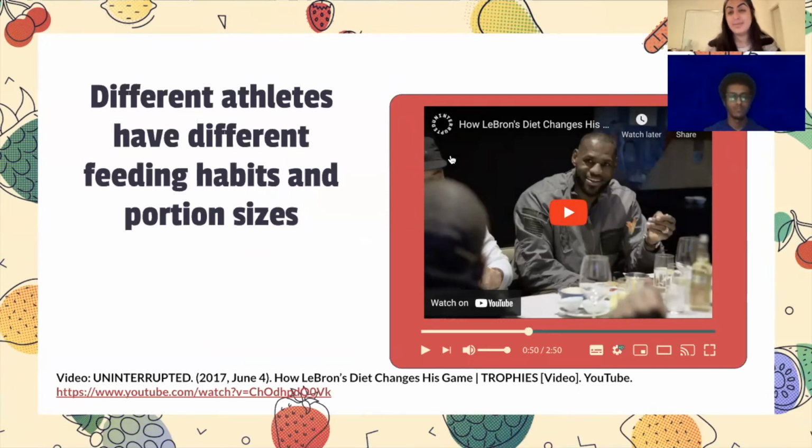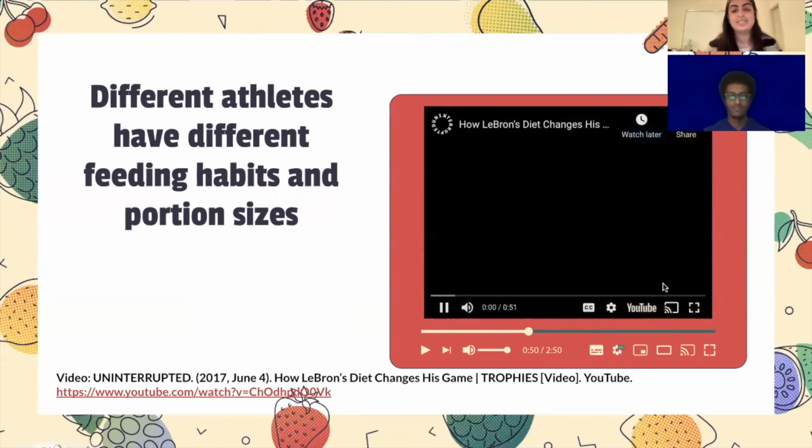Okay, now we talked a lot about how nutrition looks different for everybody. And Abel, do you know who LeBron James is? I think I do. He was probably my favorite basketball player. Yeah. So LeBron James' body type is very different from mine or Abel's body type. He does a lot of physical activity, as we know, he plays basketball, and therefore his nutrition is going to look a little bit different from ours. So let's see how he eats and how that works in his life.